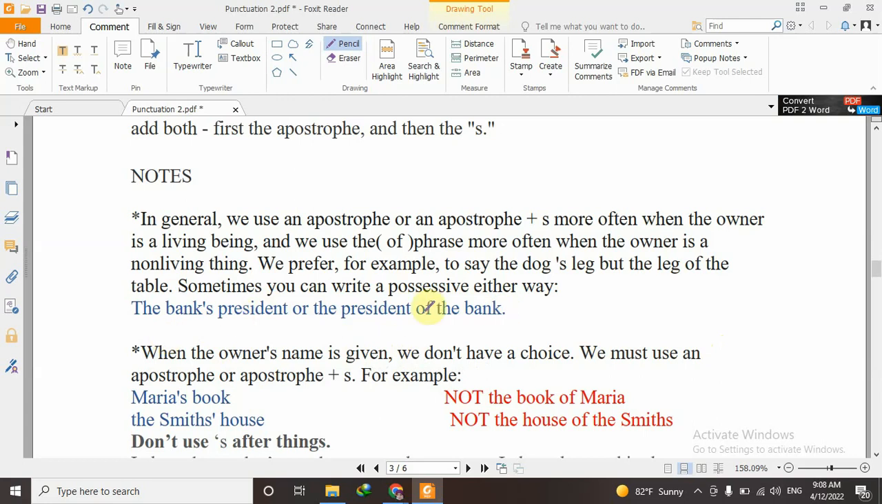Both of them are correct. Why are both of them correct? Because the president is part of the bank. We are adding something living to something non-living. So both of these ways are correct. If I am adding something living to something non-living, both of them are correct. This is okay. But if I am saying